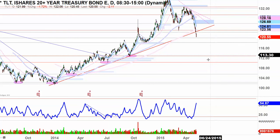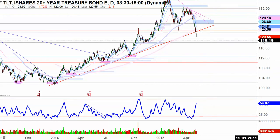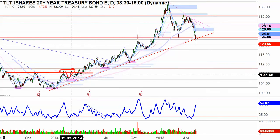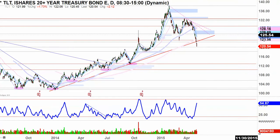You can see that Treasury bond, ever since it bottomed back in late 2013, right about here with a double bottom and weekly bullish divergence, and that pattern was confirmed in this vicinity, we had a little bit of pullback and created a higher low. Ever since then on the Treasury bond, what really happened was, and this is the reason why this is important,